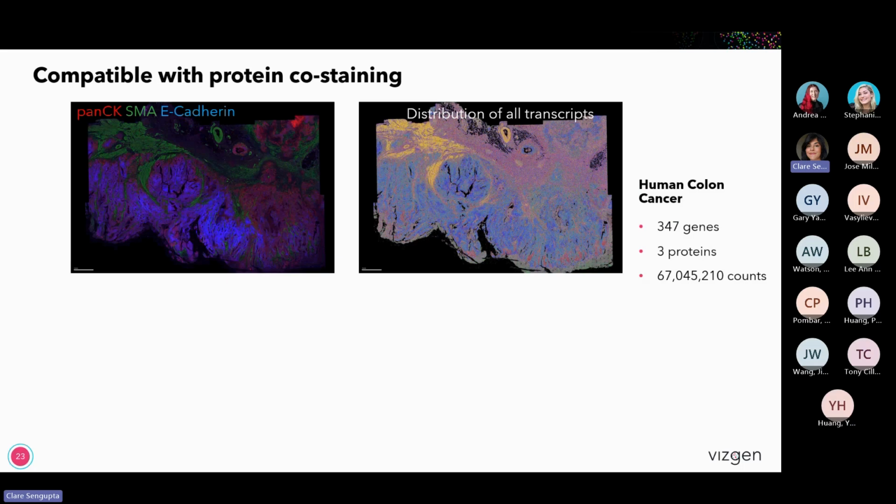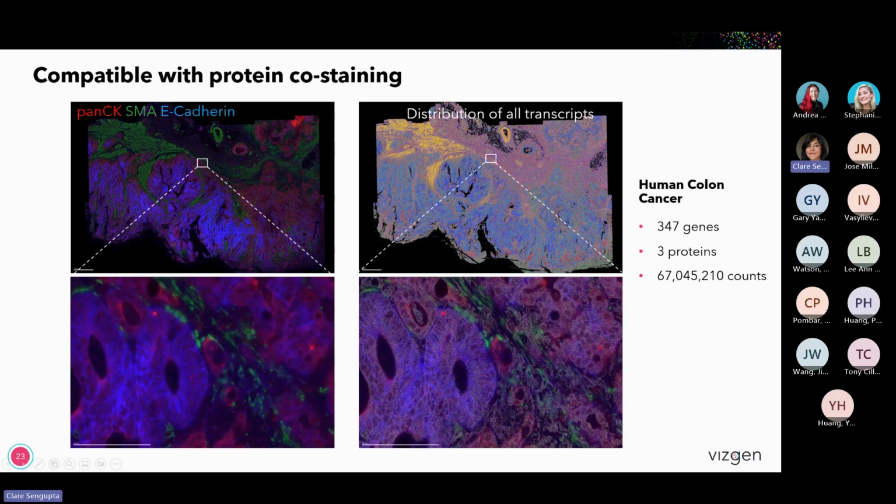And to drive home the utility of this protein co-staining, we have an example data set from human colon cancer. On the left here, we have our 3 antibodies that were used to stain this tissue. You can see this is the exact same tissue slice: pan-CK, smooth muscle actin, and E-cadherin. And then on the right, we have the image of the 347 gene panel with more than 67 million counts of transcript assessed. And then by overlaying these two data sets, we again get additional information, not just about where